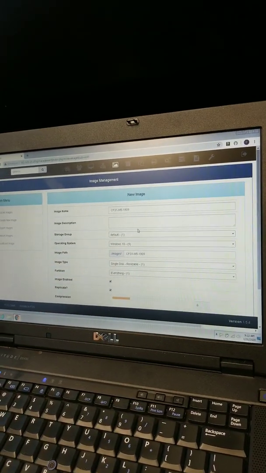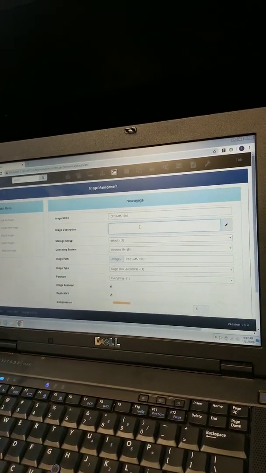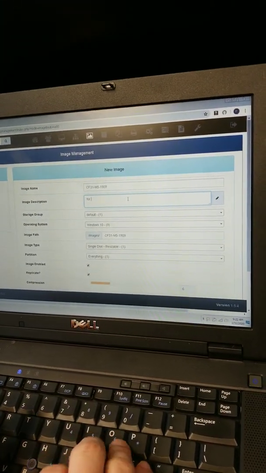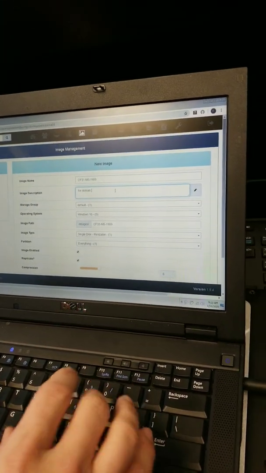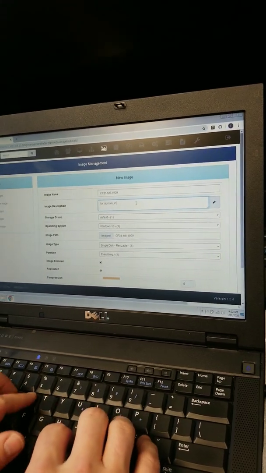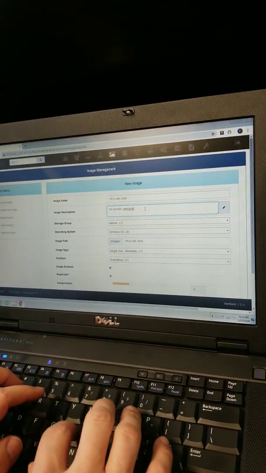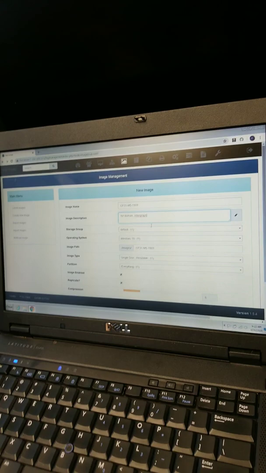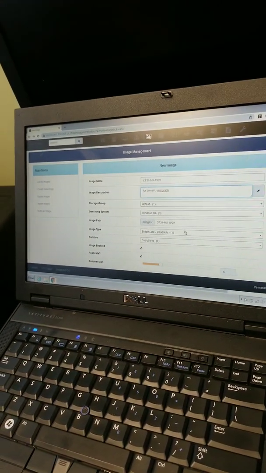You could add a brief description for the domain with something like that. You'd go down